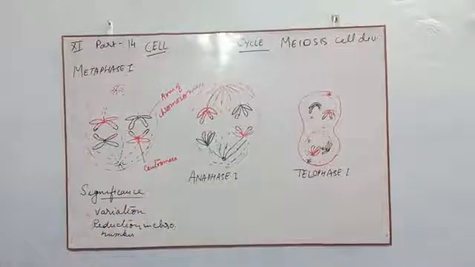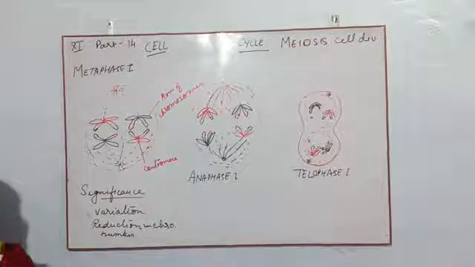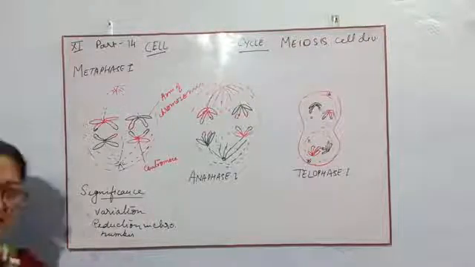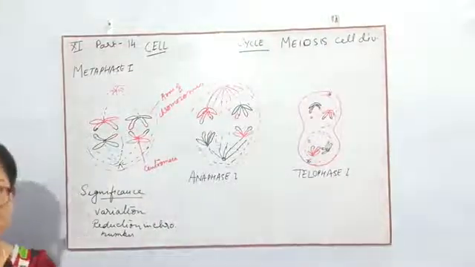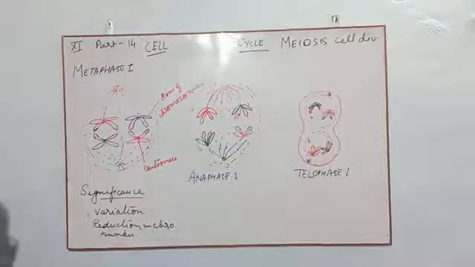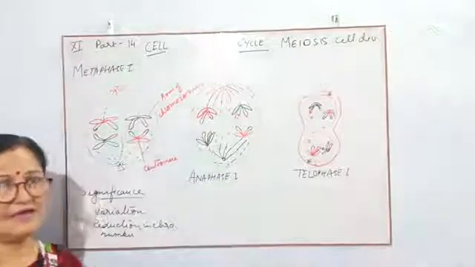And the next one is reduction in chromosome number. What is reduction in chromosome number? It means if the parent cell has 20 chromosomes, then the haploid cell will have 10 chromosomes. Then these 10 chromosomes, when fertilized with another 10 chromosomes, again become diploid and can survive on their own.